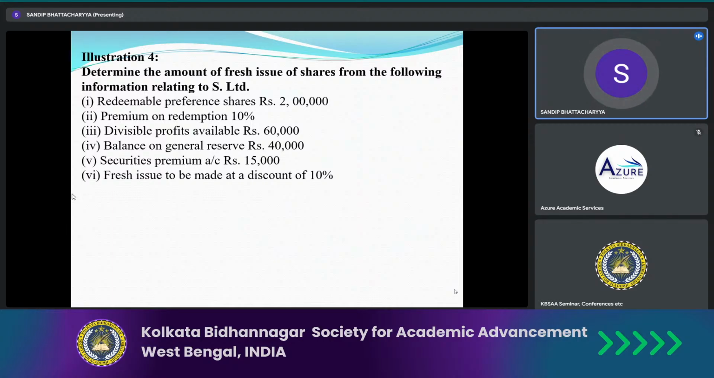But in this case, how many shares we need to issue for the fresh issue, or you can say for the purpose of redemption, that is to be calculated. How will it be calculated? See,